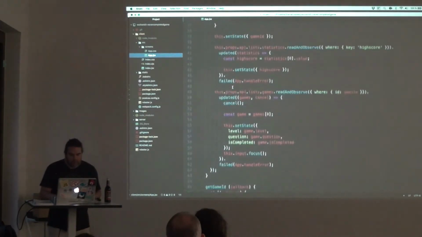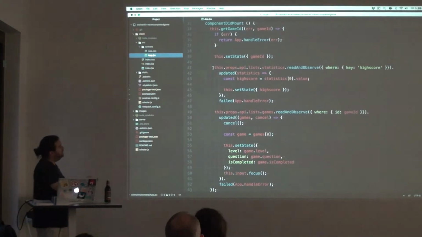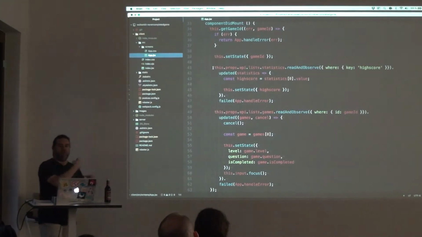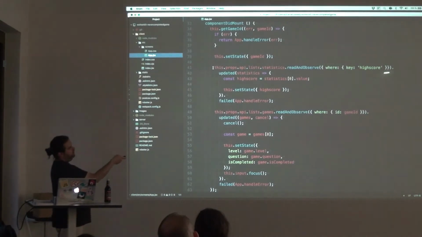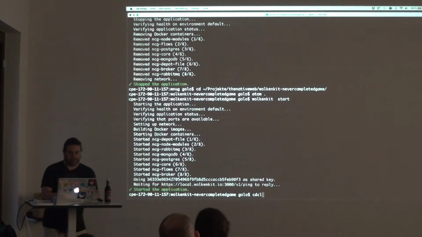And if we are taking a look at where the high score example gets read, then you can see here that using the API object again, we address the lists context this time, which points to the read model. We take the statistics list and make a call to read and observe. So we would like to have a live update on the key high score, so on a single record from this table. And whenever it gets updated, we get here the new value, and then we update the state of our React front-end application. And if we now start this,